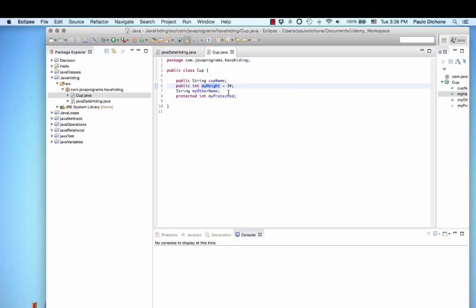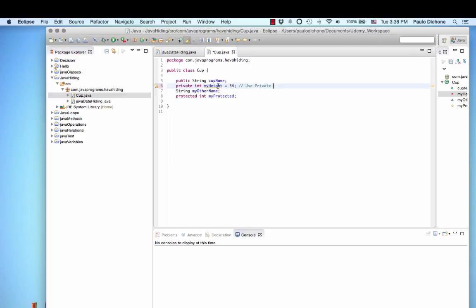And whenever you're creating instance variables for your classes, it's very important to never use public. You can, as you can see, use it, but it's recommended that you don't, because anybody can access it. Any class can go and access and change it. The best way to protect your data, every time you're creating a class and you have your instance variables, is to use private. So every time, use private,